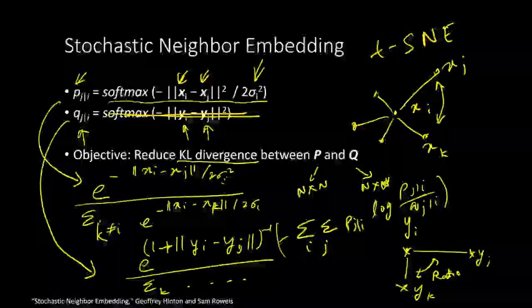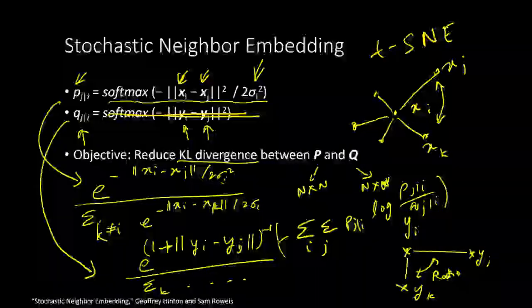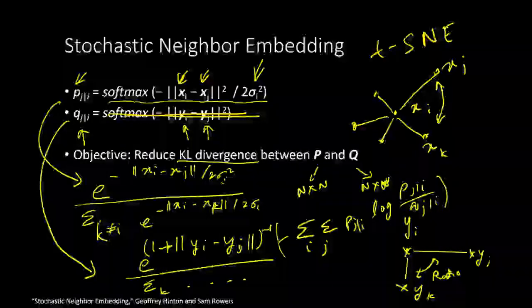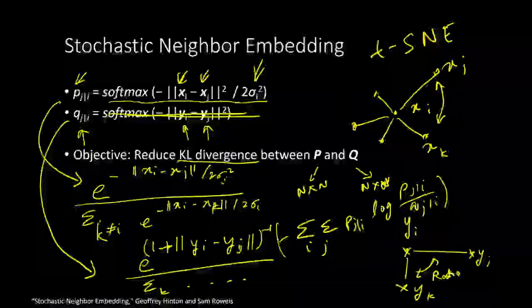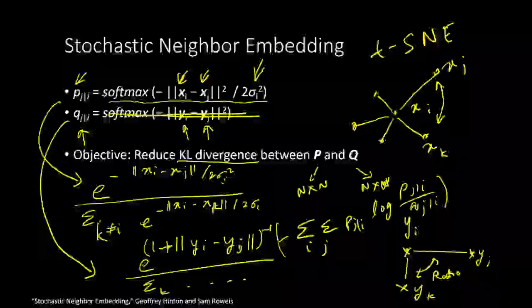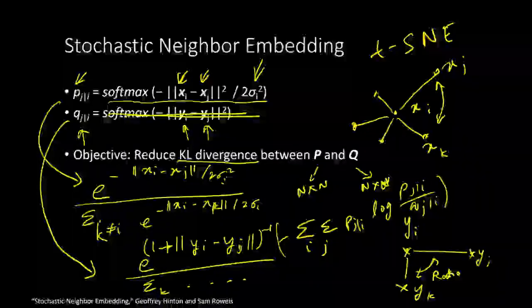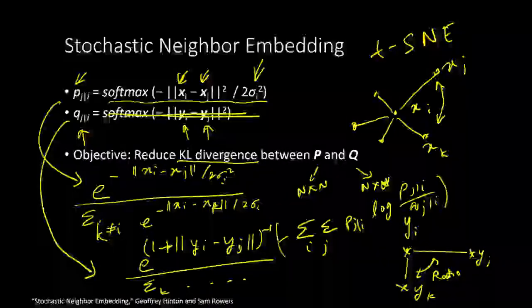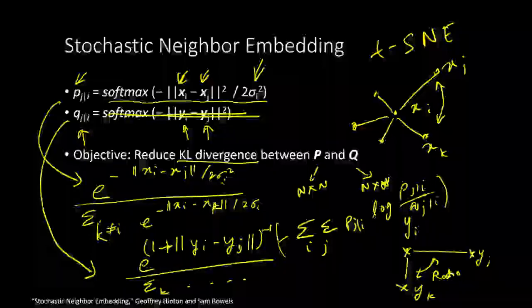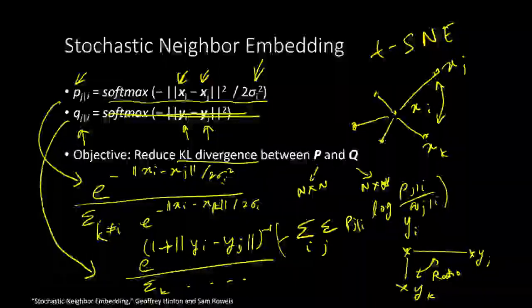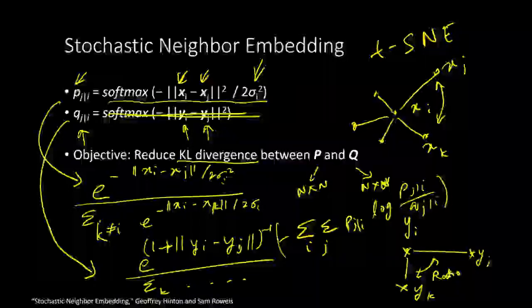the mapping to y's, such that this will be minimum, and that we can do using gradient descent, where y is randomly initialized first. So that's where the stochastic part comes in, and then once we randomly initialize that, we will compute the derivative of this KL divergence with respect to each y, and adjust each y until we find the minimum, until we reach the local minima, and that is the projection of each point x into each point y.